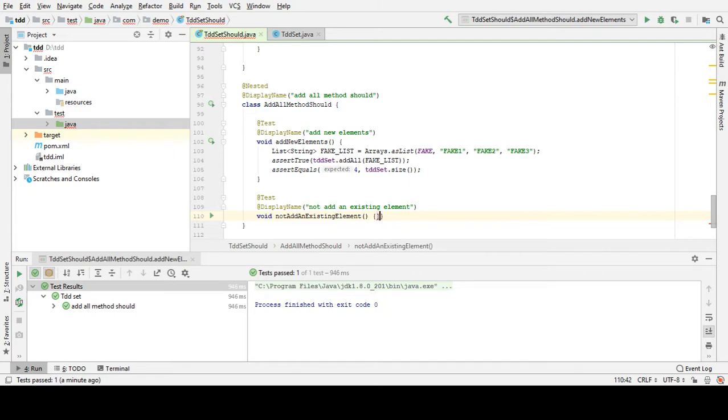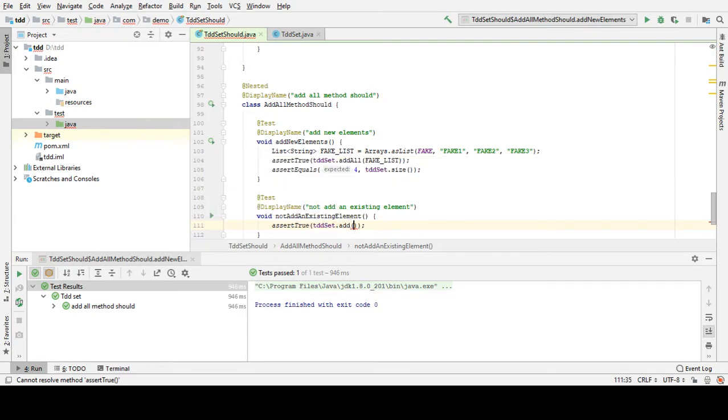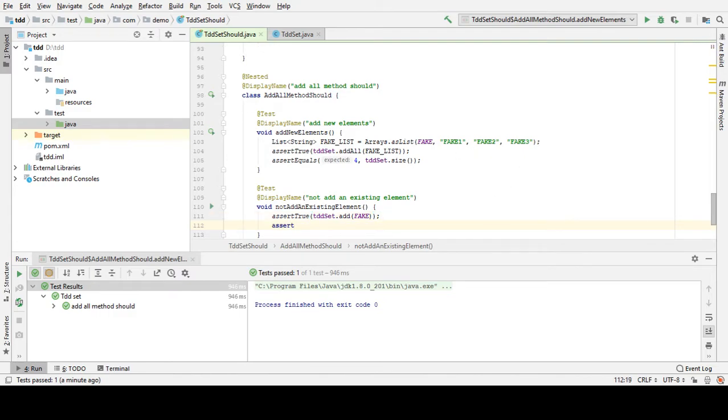Okay, right here we do assert. First of all, we assert true that we add an element to the TDD set. We add our fake element, it exists already in the set, and we assert true